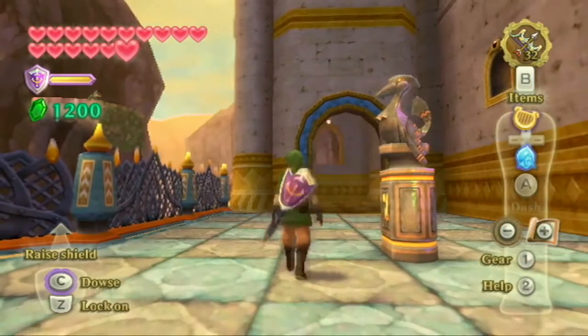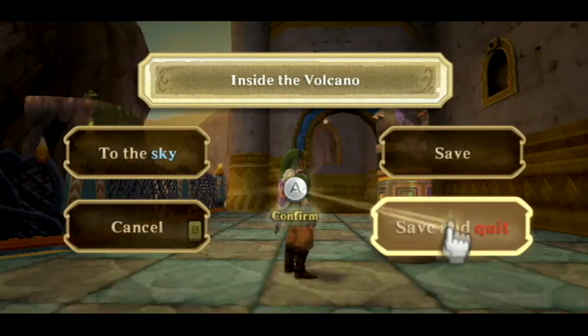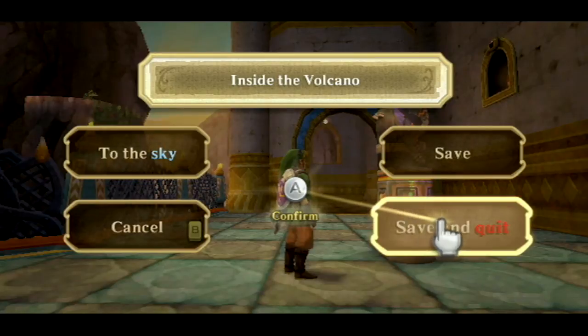Okay, so we're going to stop here. We got the Master Sword, yes. And I didn't really say much. We were just kind of like running around and killing stuff this episode. So I got some stories and stuff for the next one, but yeah, next time...